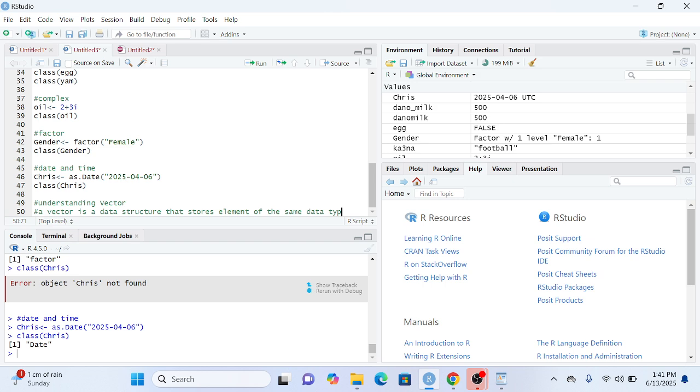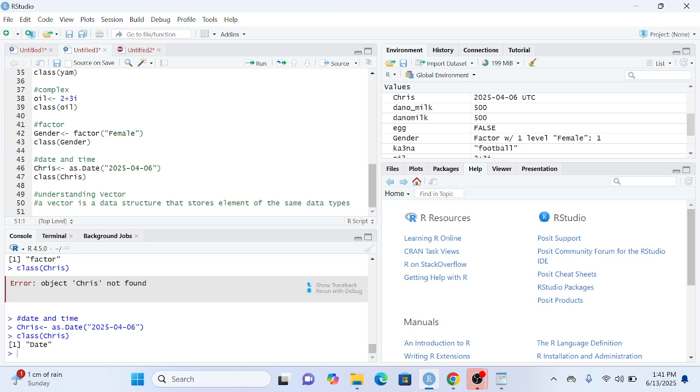And earlier we've discussed the different types of data types that we have, right? So